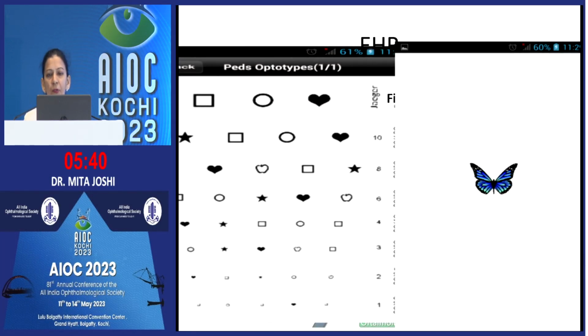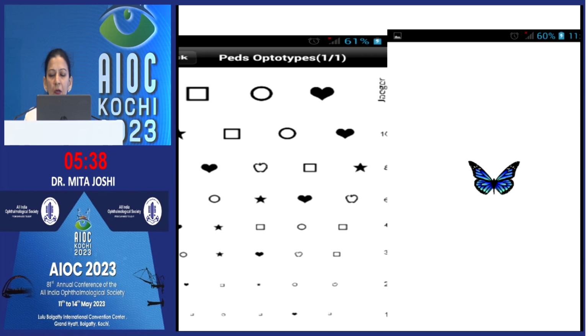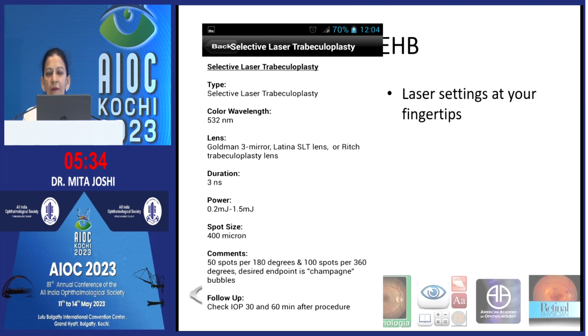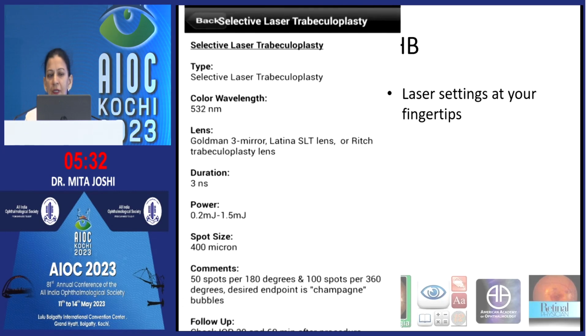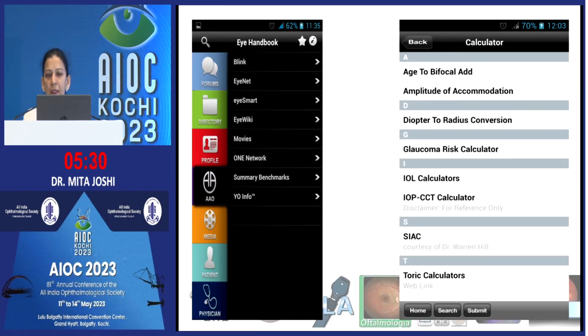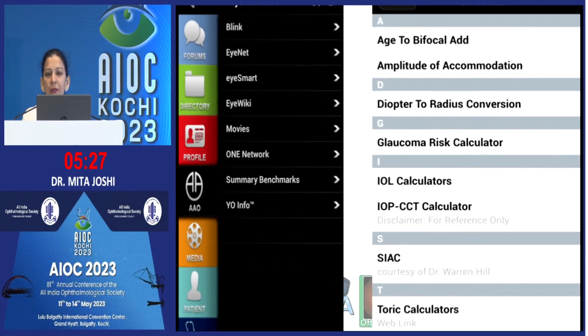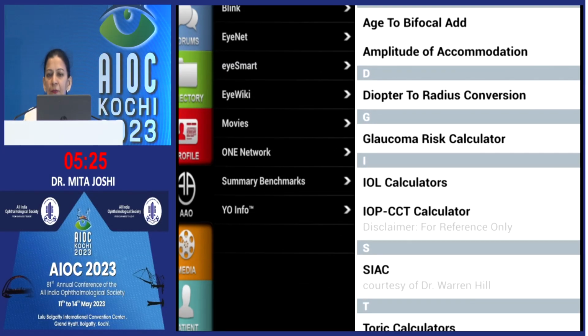There are pediatric optotypes and fixation charts. And we all know that kids love the devices, so you can use this. You have the laser settings at your fingertips, so you can just have a ready retina kind of thing. You have calculators like the bifocal add, amplitude of accommodation, radius conversion, IOL calculators, and your SIA calculators, which directly connect